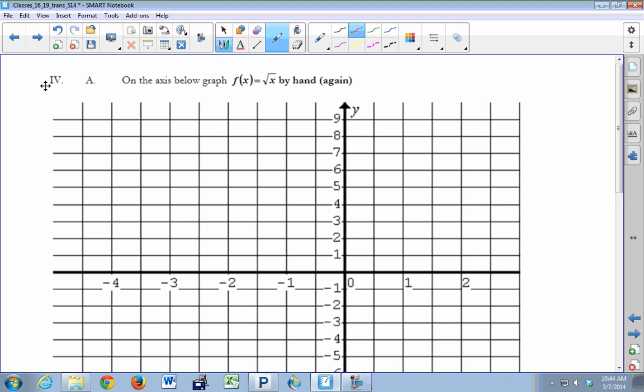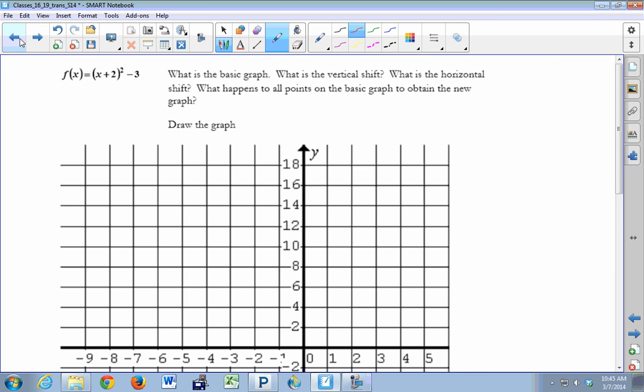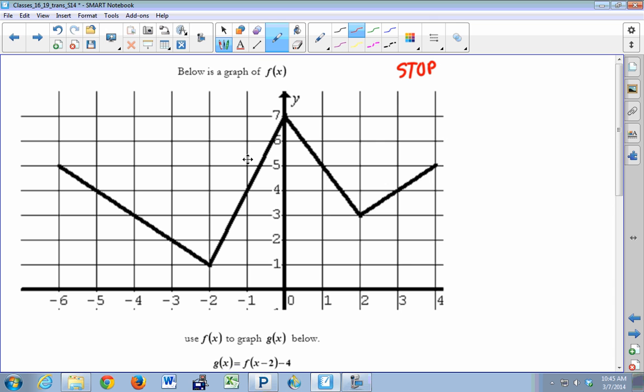The one that I'm going to let you cross out, that you don't have to do today, is number 4, Roman numeral 4. This does not have to be done in class. You can do it over the weekend if you want, but I won't require you to do it in class today. So you could circle that or do whatever you want. Again, our hope is to get up to this graph if possible.